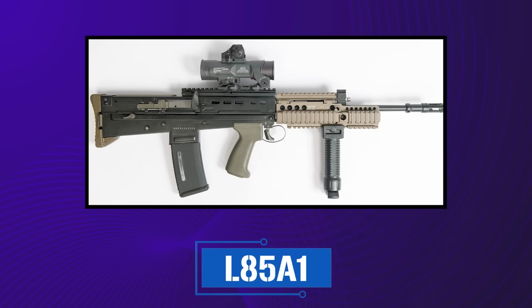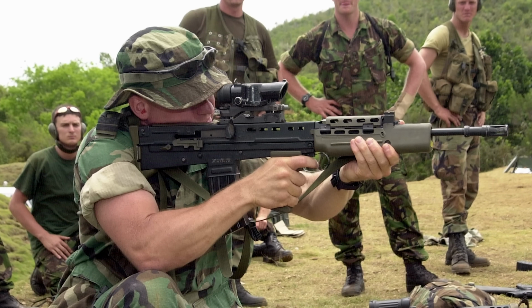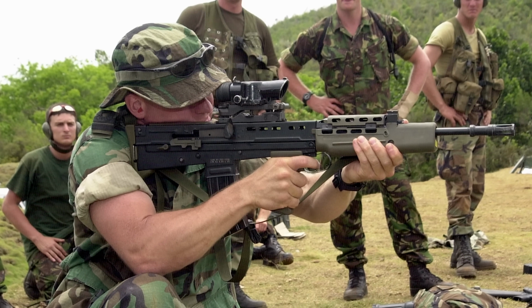The House of Commons Defence Committee took the lead and launched an investigation in 1993, and the Defence Procurement Agency partnered up with German arms manufacturer Heckler & Koch to launch a full inquiry with a view to finally fixing the rifle once and for all. This culminated with Heckler & Koch proposing 110 modifications to save the rifle and being awarded a contract in mid-1998 to modify 200 L85A1 and L86A1 weapons to the proposed A2 standard so that the comprehensive climatic trials could be